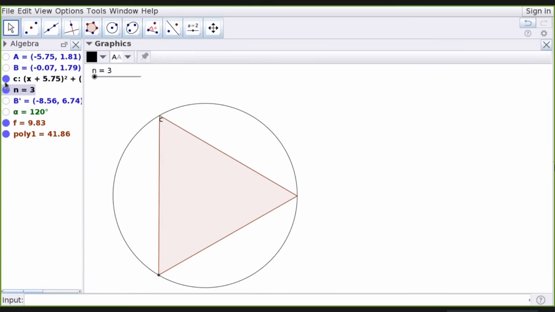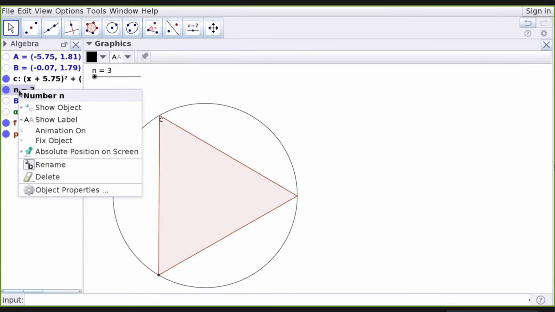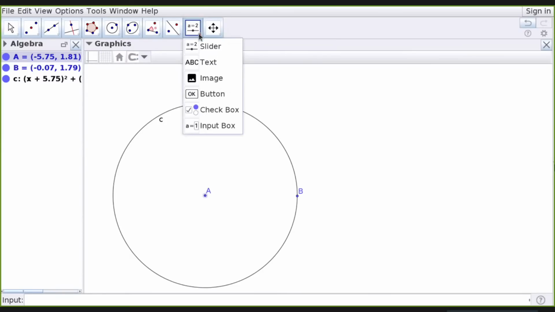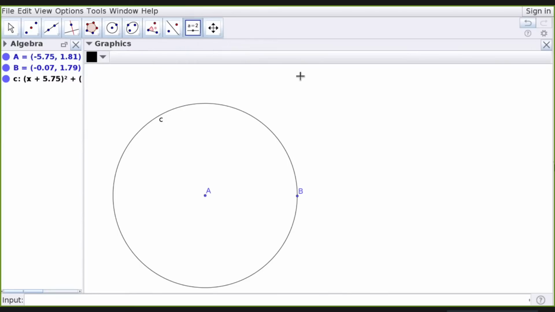Now I will take another interesting construction on the same circle. I will mark my point B and my point A here. This time I will take an angle slider.